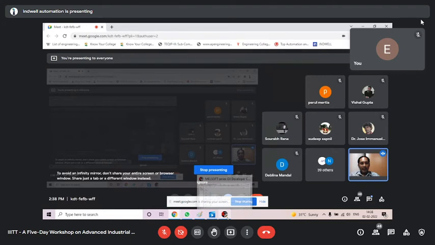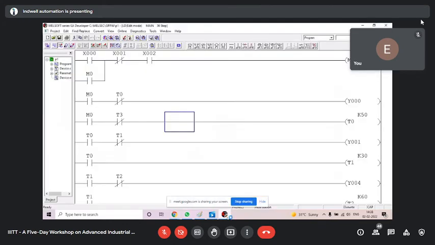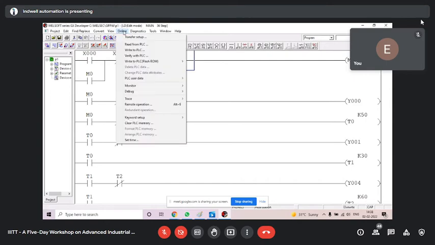Now I go to GX Developer. Here you see, it is visible on your screen. The program is ready. Now you see, first you need to communicate your laptop with the PLC. So for communication, you see the steps. For communication, it is Online, Transfer Setup. Online Transfer Setup. It is on your screen. You can see that. As I click,